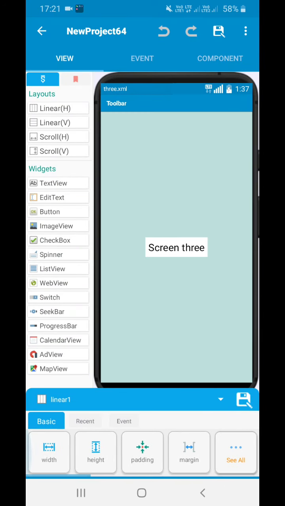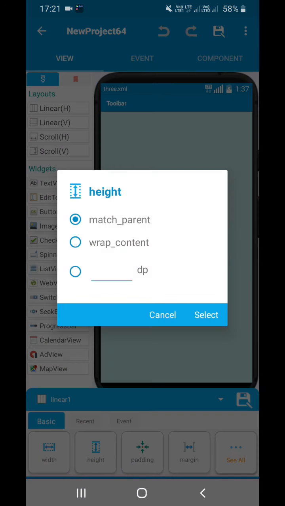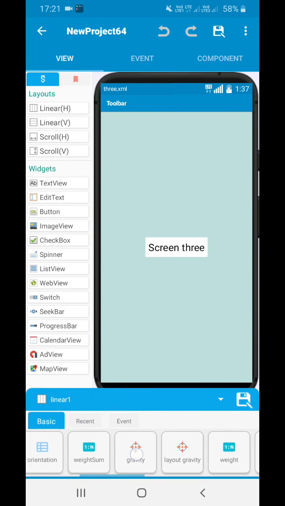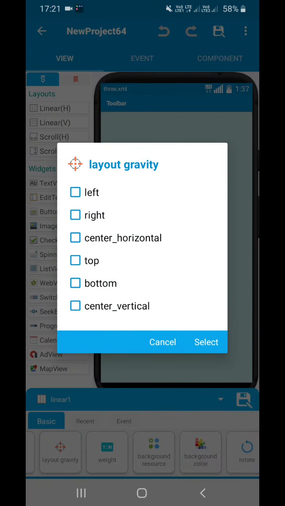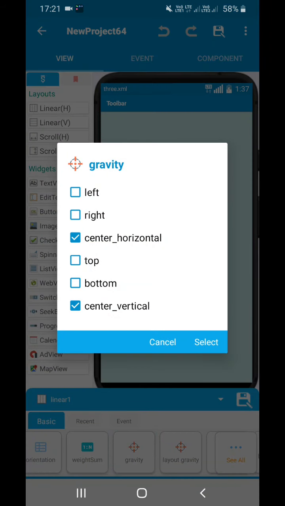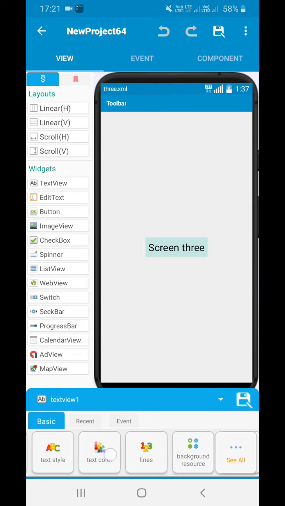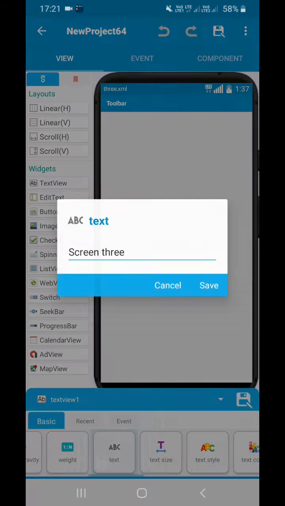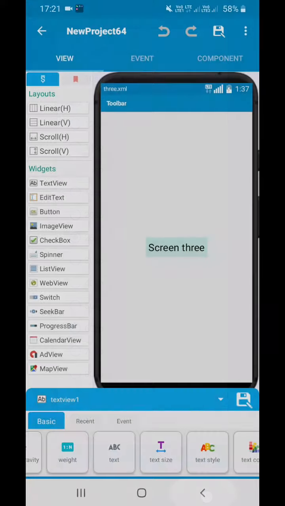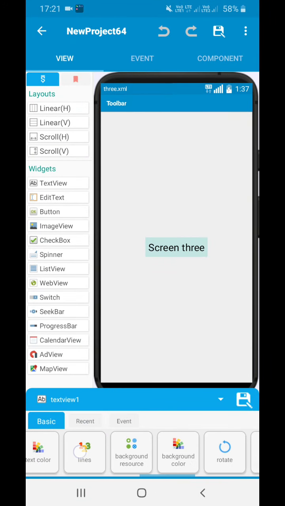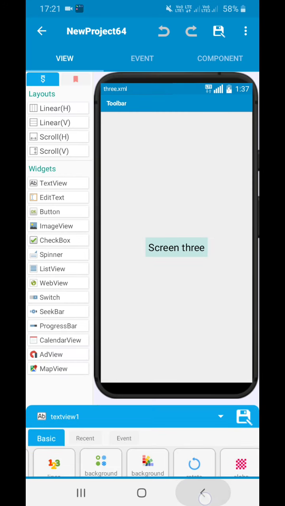Here also, in a similar way, we have added a linear layout whose width and height are match parent, with gravity as center vertical and center horizontal. And here we have added a text view whose text I have put as screen 3, text size is 25 sp, and background color is white itself.